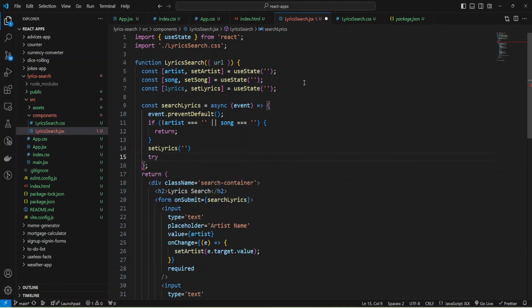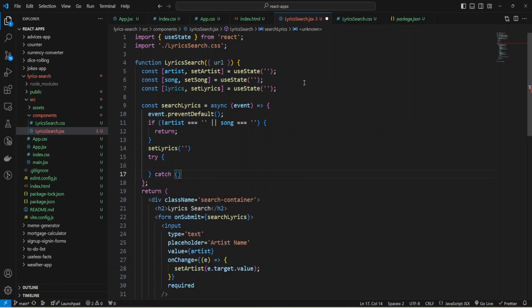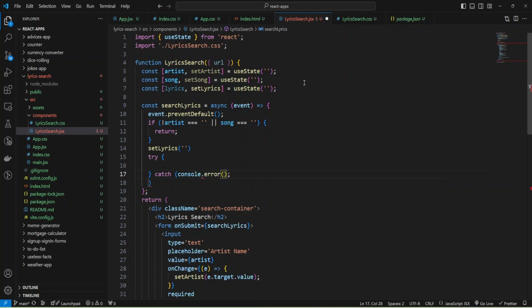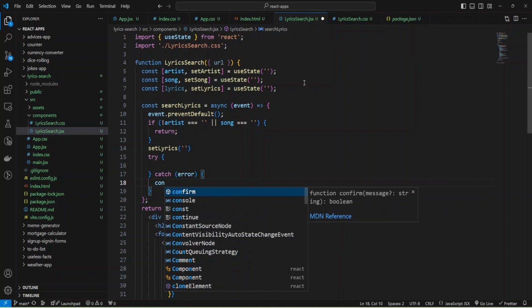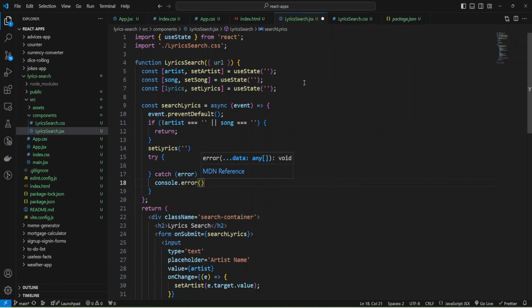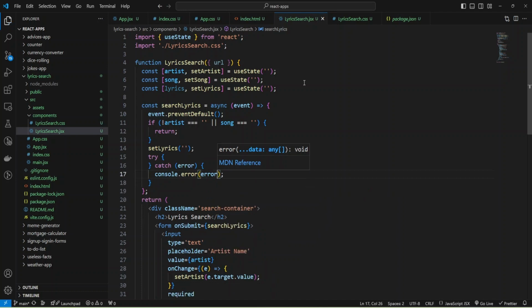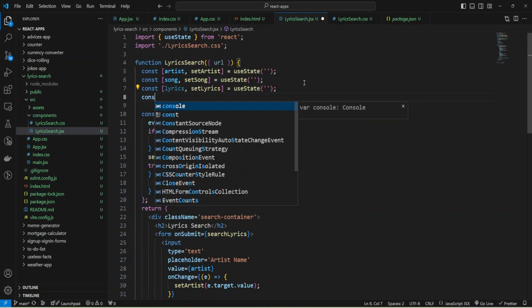I'm going to use try catch to catch some errors, and in catch error, for now I'm just going to make console error, and we can change the name of error, because I'm going to use error as a state variable.